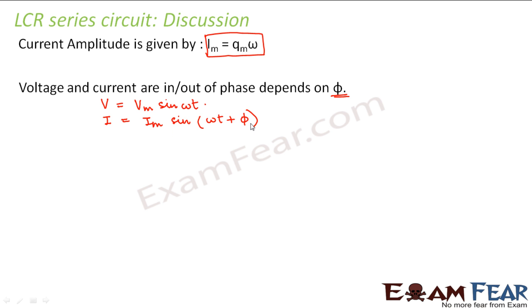Right? So now if phi is equal to 0, in that case voltage and current are in phase. If phi is equal to pi by 2, in that case voltage and current are out of phase by pi by 2. So that means basically phi plays a critical role to determine whether voltage and current are out of phase or they are in phase. Because in case of a circuit which has both inductor, capacitor as well as resistor, we cannot specifically say that every time voltage and current will be in phase or every time voltage and current will be out of phase. So it depends on the value of phi, right? So phi here represents nothing but the phase angle.